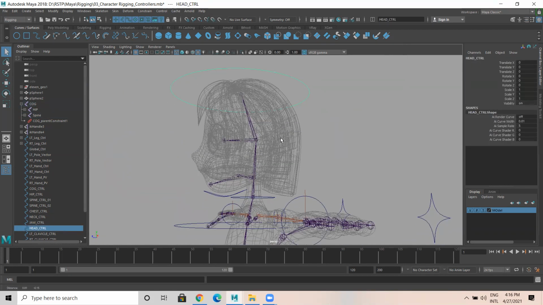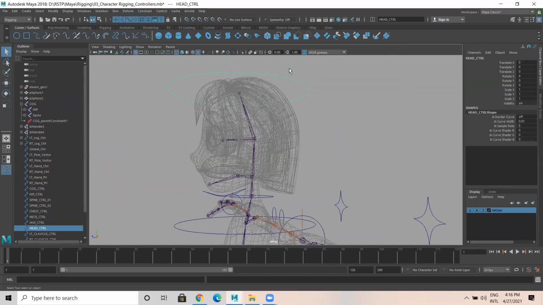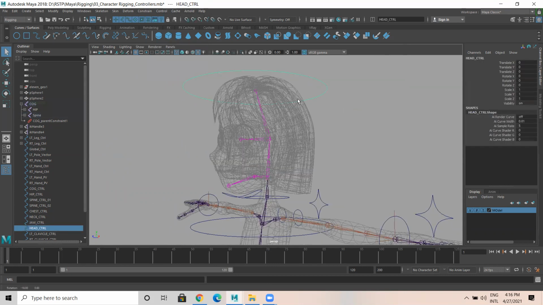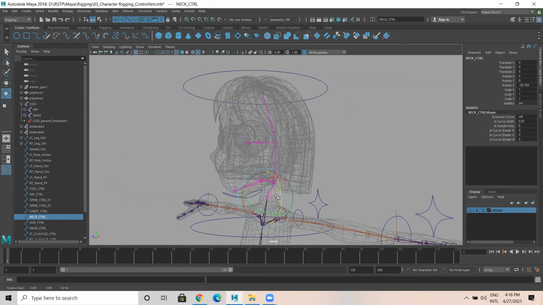Select the head joint. First select the curve, the top curve, and shift select the head joint. This is the base head. Go to constraint, orient. So what I want is when I select this and rotate, only the head has to rotate, whereas this is the neck, the entire neck will rotate.